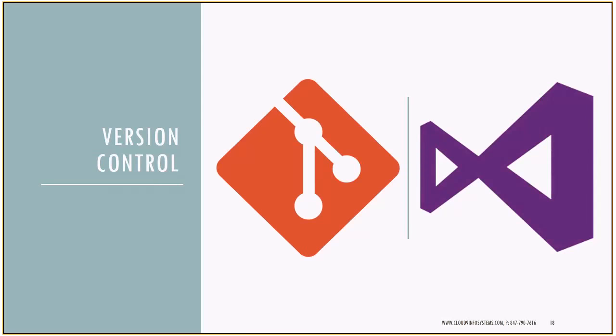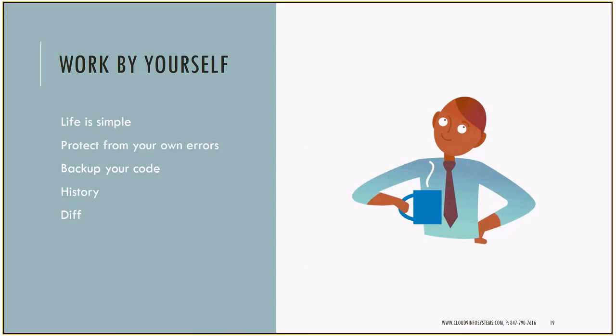Moving on, we'll talk about what version control is exactly. Let's think about it in, say, 3 different ways. Say you're working by yourself, say you're working with a team, say you're working with multiple teams. Now, if you work by yourself, your life is really simple. All you're going to do is use version control to protect yourself from your own errors. You're just going to make sure that you don't do anything stupid and you don't lose the changes. So basically, you're just going to use version control to back up your code, and maybe you are interested in seeing how your code changed